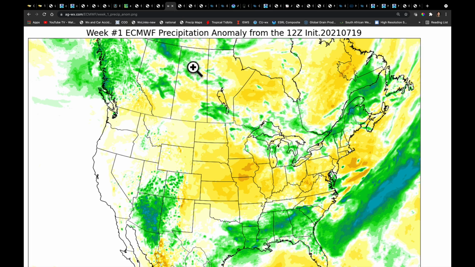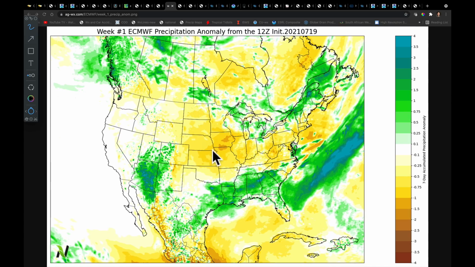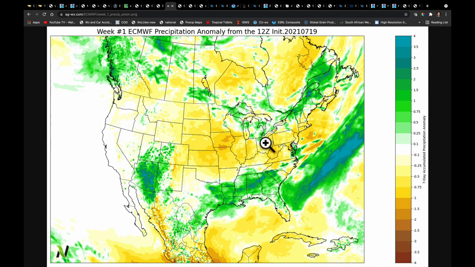Now, I can show you this from all sorts of different models, but they're all going to paint the same picture. Okay, here it is. Putting it all together: stalled out boundary, wet. Higher pressure in through here, drier. Southwestern monsoon, strong. Flow comes around it, and the ridge riders begin here and cascade through this part of the Great Lakes. And if I take this off here again, you see all of it over the next 7 days